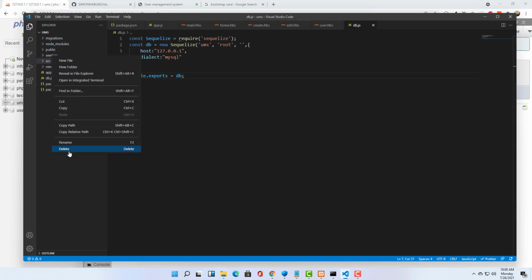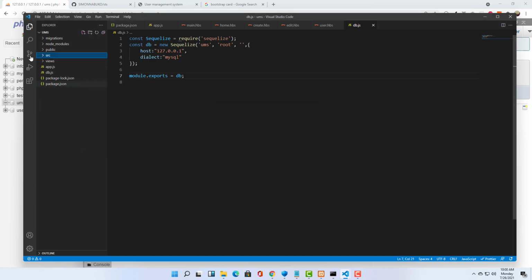Seeders, you don't need them for now. So let's just delete. And now we have migrations here, and now we are able to get migrations. We'll use that migrations directory. But now let's just go to the